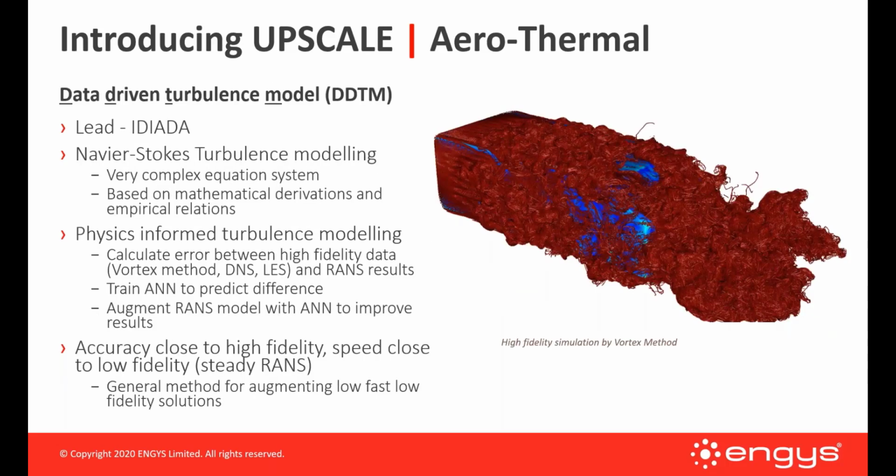So then there is an additional component which is worked on by Idiada from Spain. This is about supplementing the turbulence model. So we have two different main forms of turbulence modeling, or I mean, there's many others, but the ones that we're concerned with here are RANS or DES-LES. DES-LES is a scale resolving method, which is generally considered much more accurate. And RANS is not a heuristic, it's a physics-based modeling approach, but it has some approximations that mean it's less